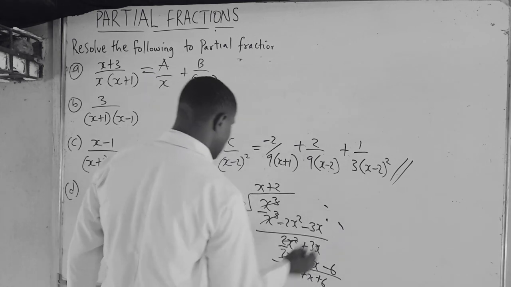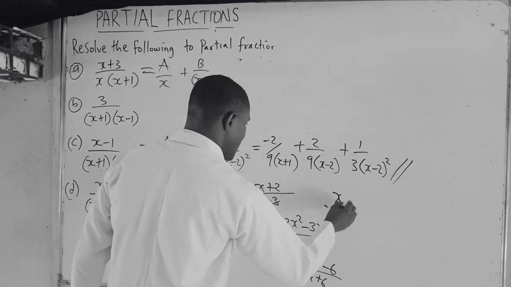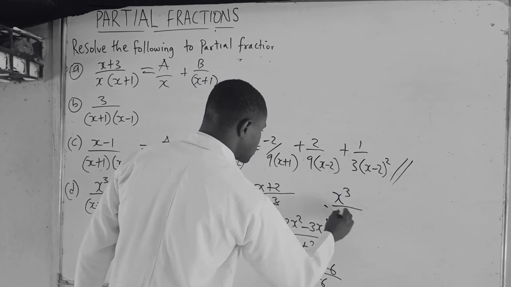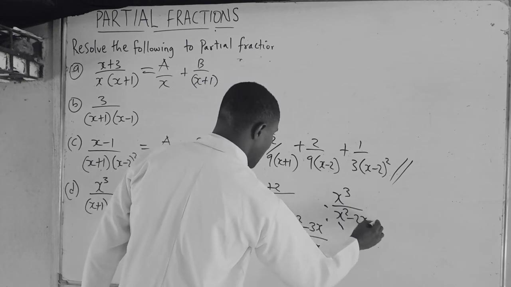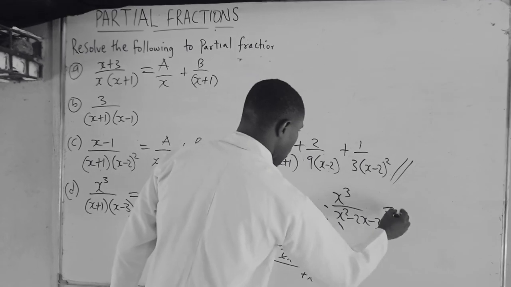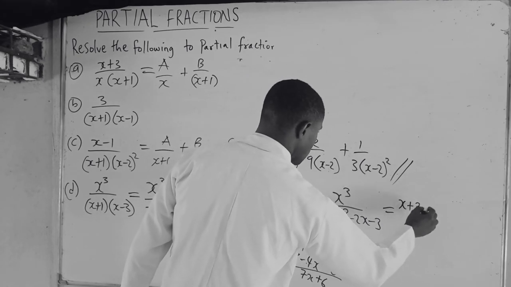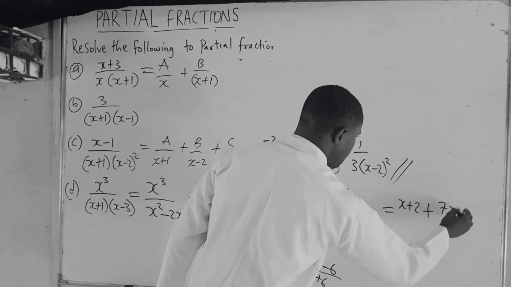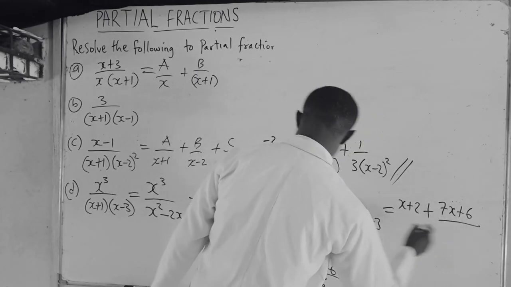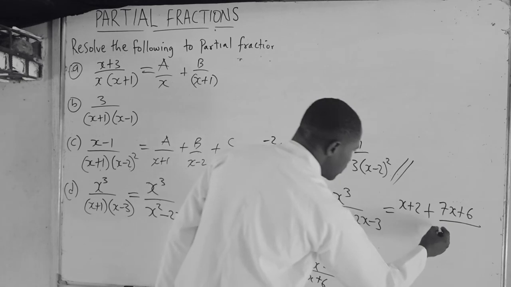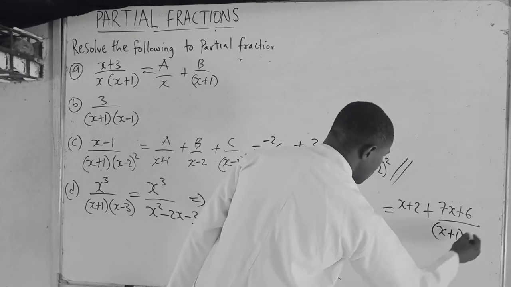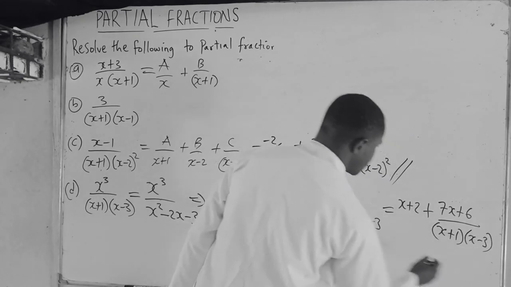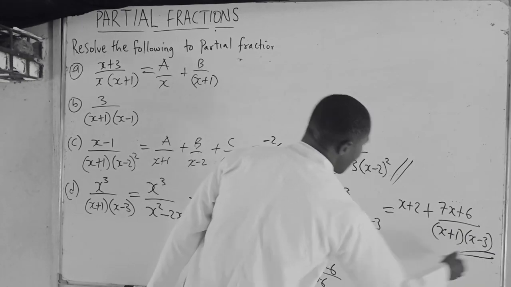So therefore we say that x cubed all over x squared minus 2x minus 3 will be giving us x plus 2, then plus 7x plus 6 all over what is the denominator? s plus 1, s minus 3. So this is what we are to rationalize,